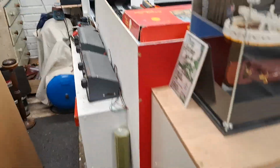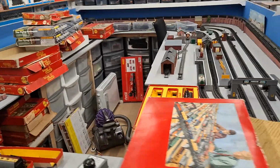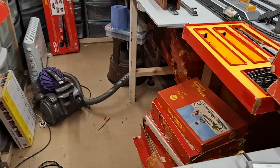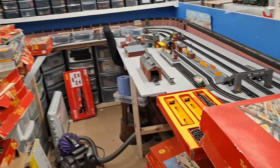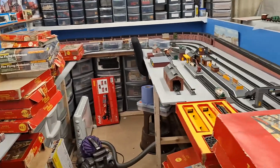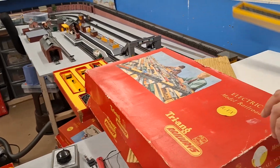It's all a little bit messy. We can't even get to the layout at the moment, because it's one of those jobs that you keep putting off, and it's got to the point where we need to start. I know we're not running trains, and you're probably getting bored with seeing us doing all this work, but